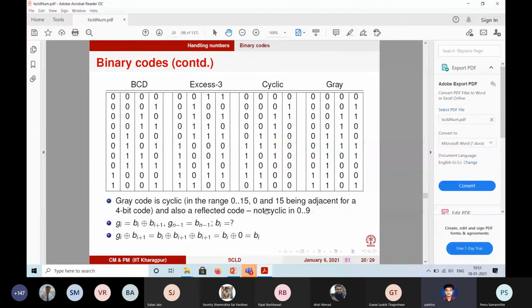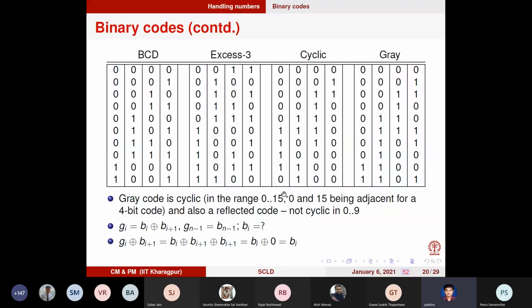Yes. So as I have told you, Gi is Bi XOR Bi plus 1, and Gn minus 1 is just Bn minus 1. All right. So now how do I get back Bi from Gi? Note here, I'll try to derive that. Note here that Gi XOR Bi plus 1, if you substitute